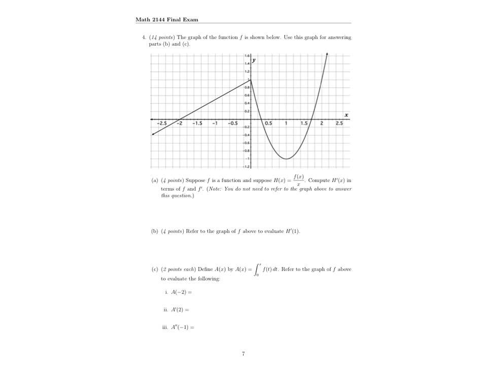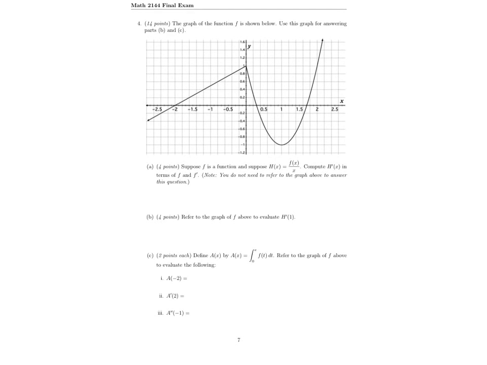So I need to suppose h of x is that, compute h prime. Okay, so h of x is a quotient. So to compute h prime, I'll need to use the quotient rule. So h prime of x is going to be equal to,